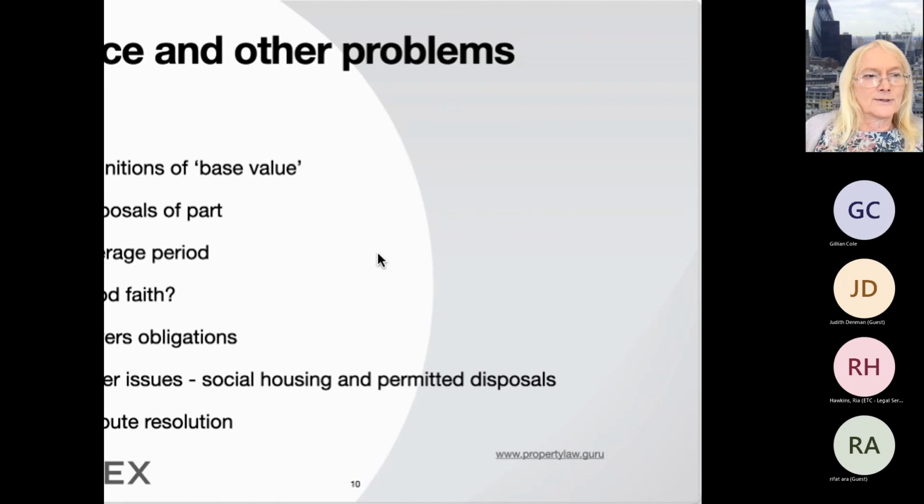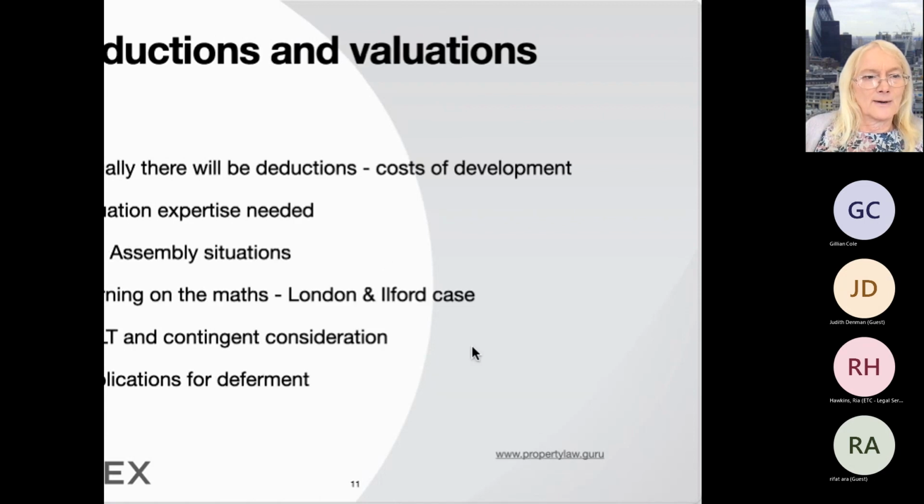The next thing, of course, is the horror of valuations and maths, and the need for perhaps worked examples, so that in the case of dispute, there is something you can look at. And then finally, to add a headache to a headache, stamp duty land tax, which people get wrong all the time. If any part of the consideration is contingent on something happening, tax is payable on the assumption that that happens and the money will be payable.